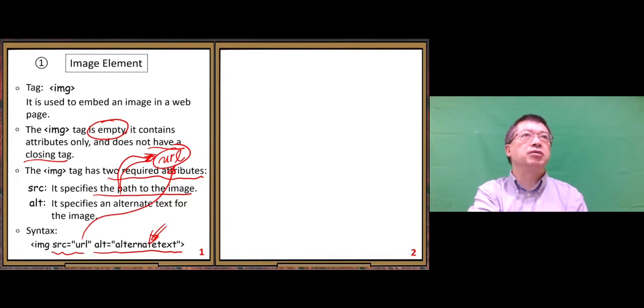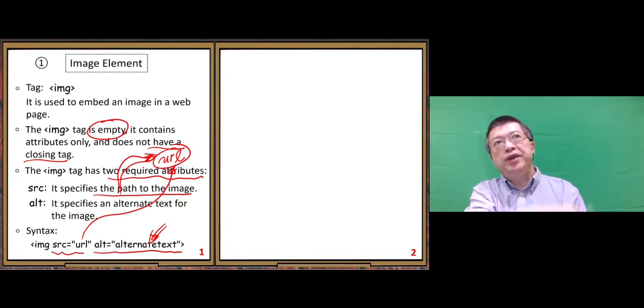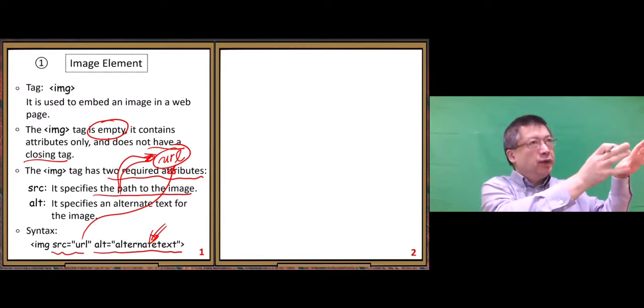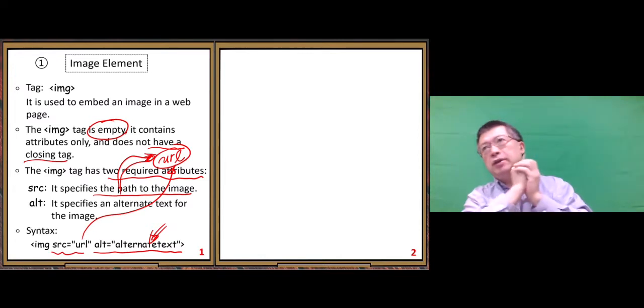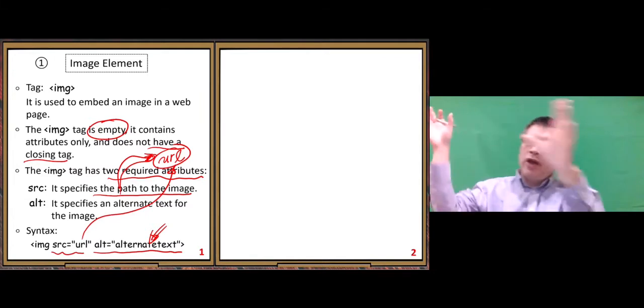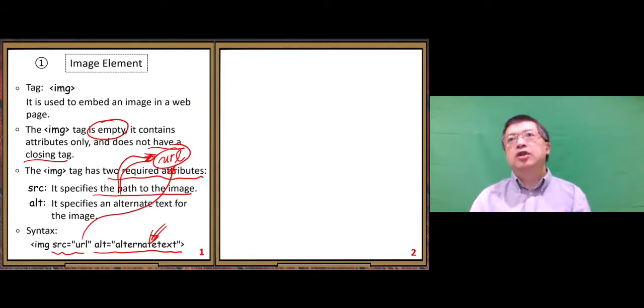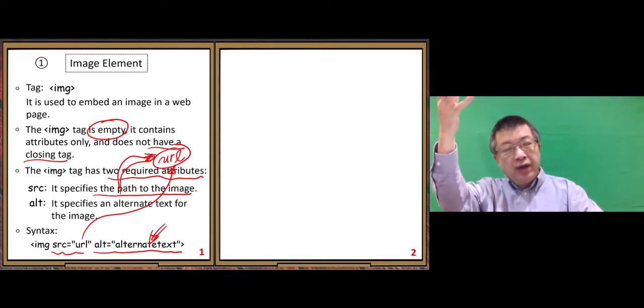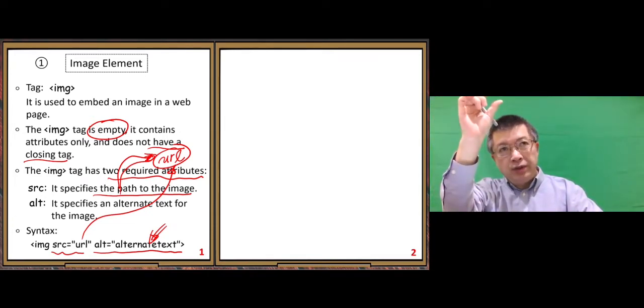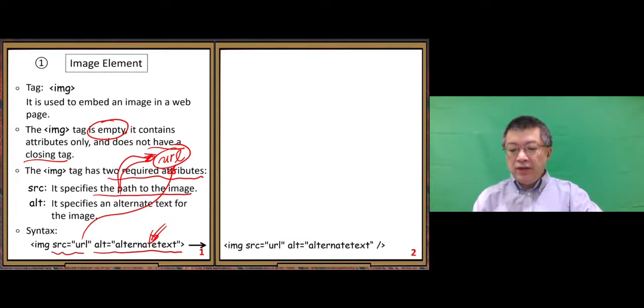So what's that image about? Is it about a building, a kid, or a ball game? It tells the audience some extra information. All right. Another thing I want to connect to one item we learned last time, that is